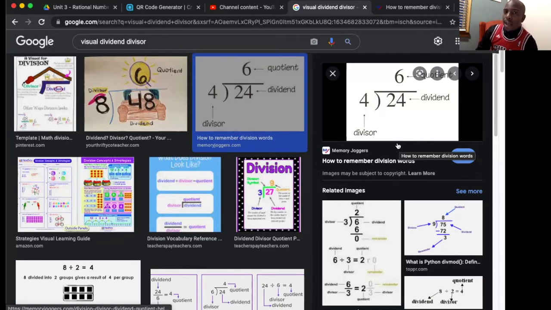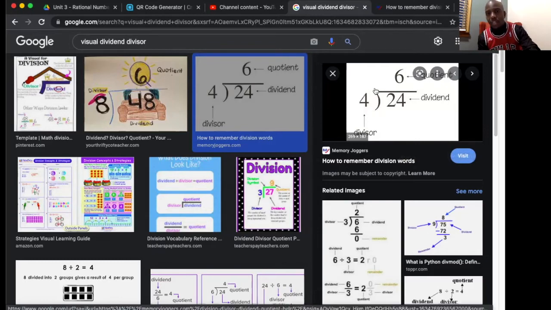okay? Now, I want you to also notice that this house, or this dividing symbol, is very similar to our square root. And I know I haven't gone over square root yet. It's coming up in this unit, but we have seen brief moments of it in terms of classifying numbers, but this is representing division here. It's not the square root symbol, okay? So when I do it, I'm not gonna make this curve. I'm just gonna go straight down and over, okay? So let's go back to our worksheet,